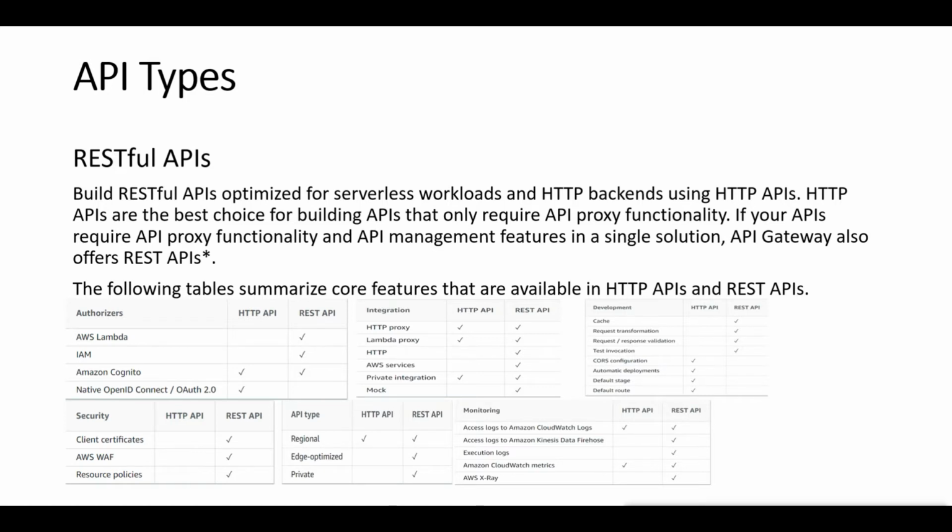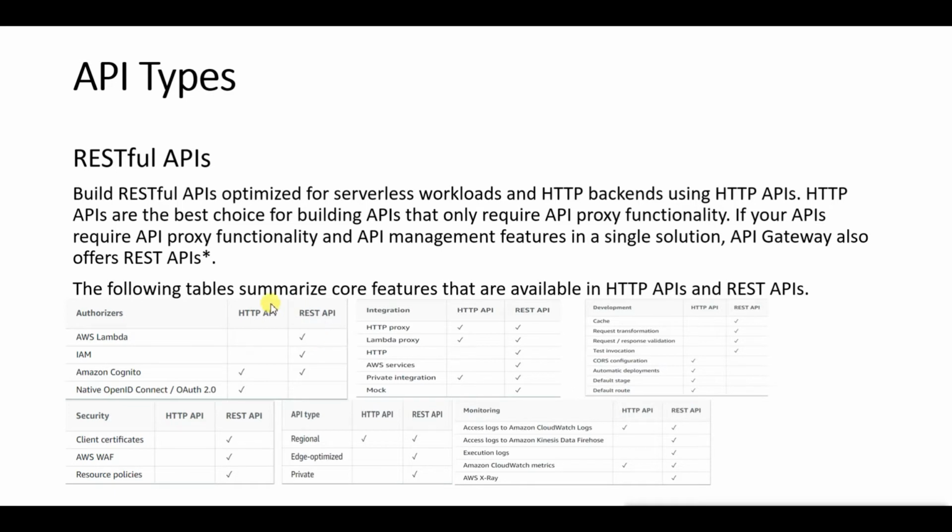HTTP APIs are the best choice for building APIs that only require proxy functionality. If your APIs require API proxy functionality and API management features in a single solution, API Gateway also offers REST APIs.